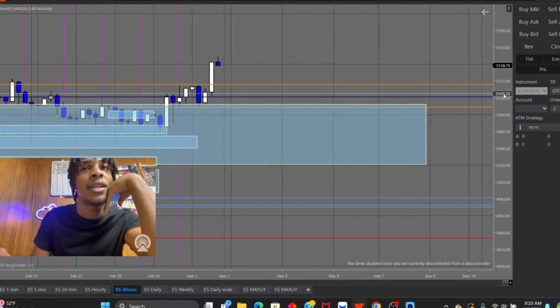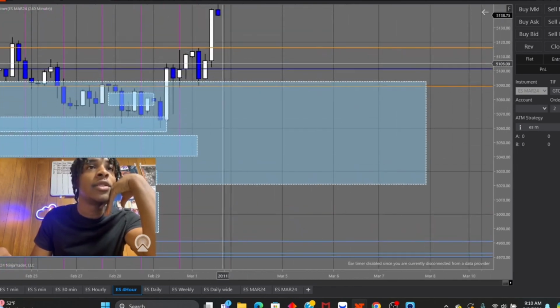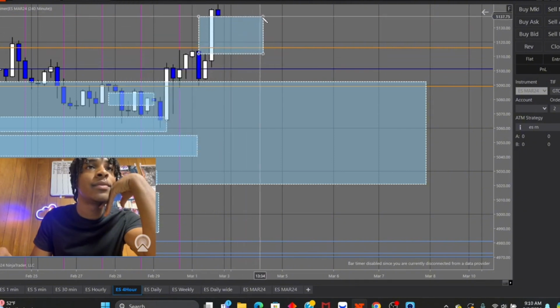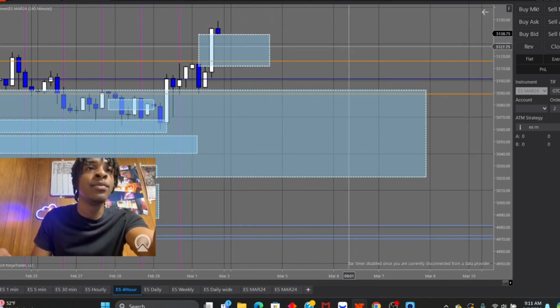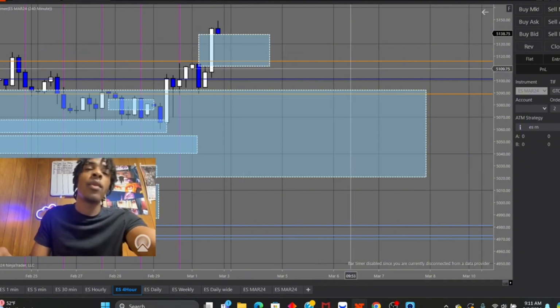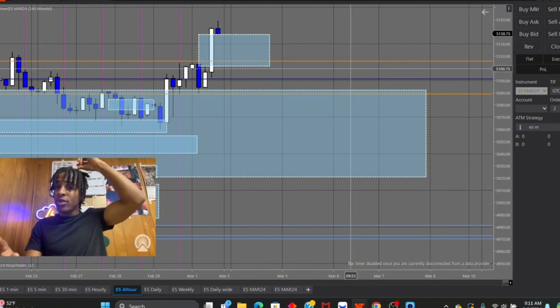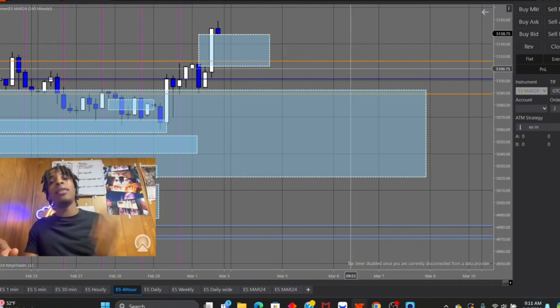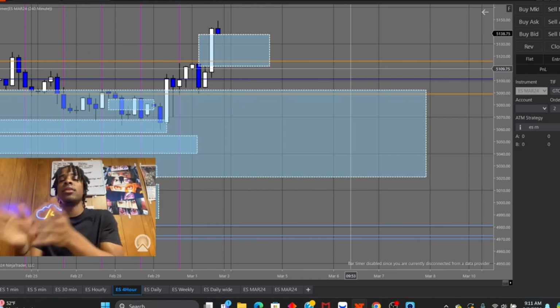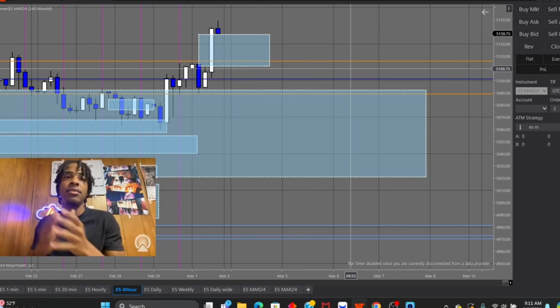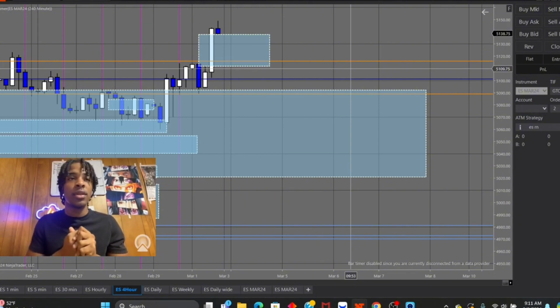We're just going to do the most recent gap that happened. So you got 1, 2, and 3, and this space in between is considered the gap. Now we have a gap made. There are a couple places where you can enter off the gap, because gaps have scenes. It's like a movie, it has different parts that make it do what it's supposed to do.